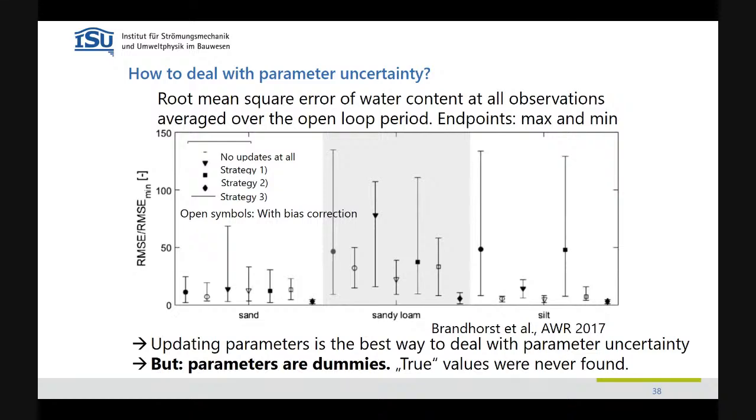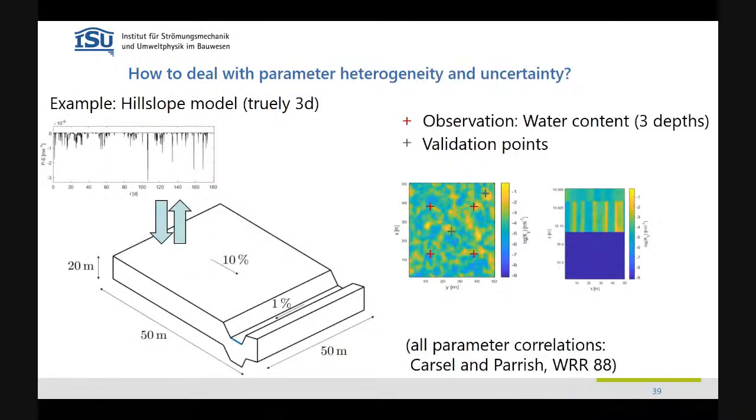Okay. And now the last point is the heterogeneity. We were also thinking about how to deal with heterogeneity. And this, again, with the toy model, now it's 3D, because I want to accommodate here something heterogeneous. This is a small hill slope, quite steep actually, so we also had overland flow with a small creek where the water is carried away.